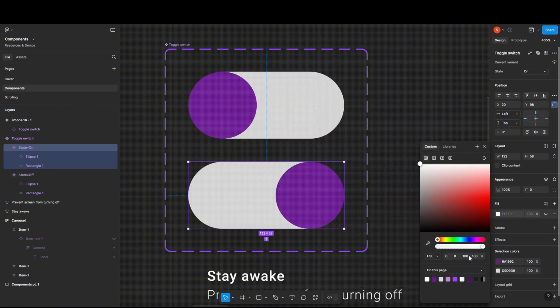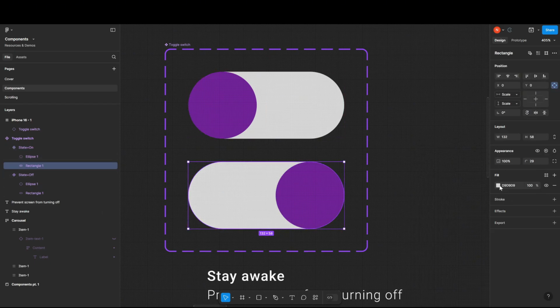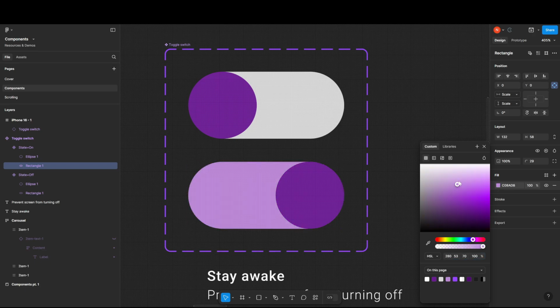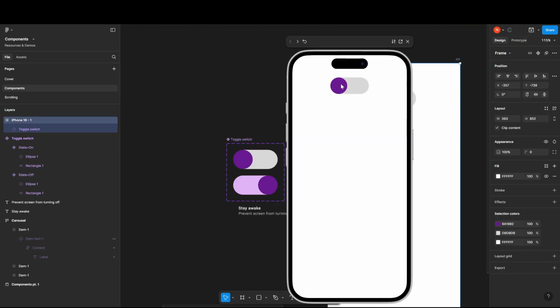Let me just close this so it's easier to see. I could just change the color of our rectangle here, but it doesn't really look realistic because it changes from the gray to the purple, but really it should kind of slide in behind